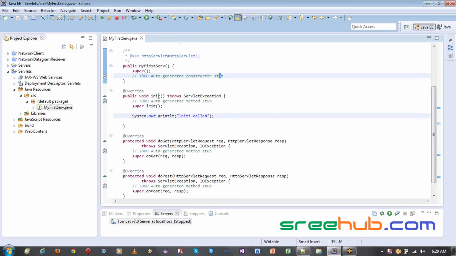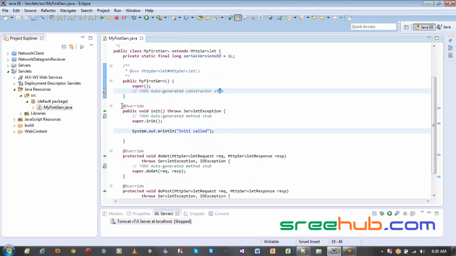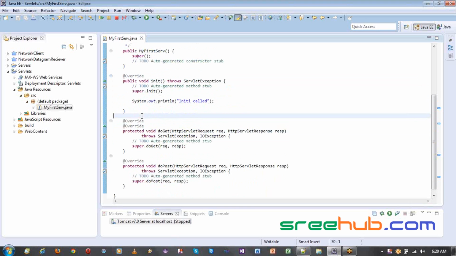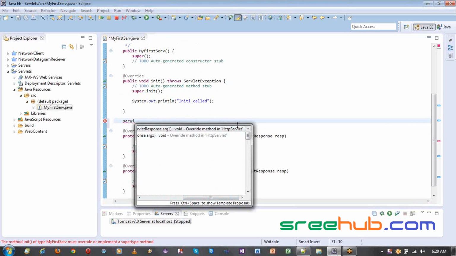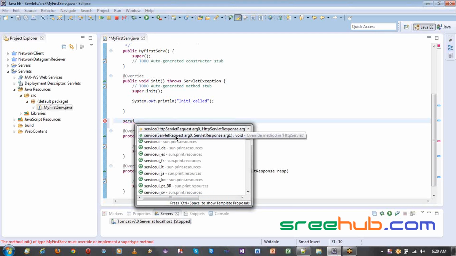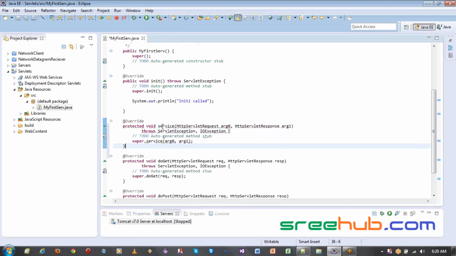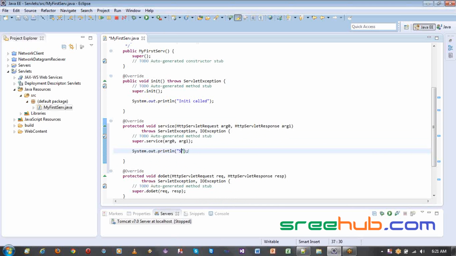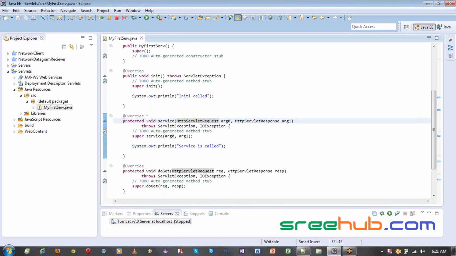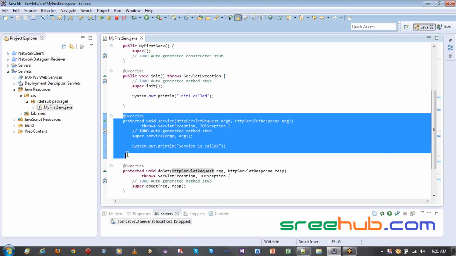Now here, once the servlet is up, which means the init will be called. In the same way, you also have something called service. For the service method, you have two things you can see here, which is a service method of HttpServlet, and you also have the direct ServletRequest and ServletResponse. These will be triggered from your GenericServlet. We are more interested in this service, so let me just print that service is called. Sometimes this service method will be triggered